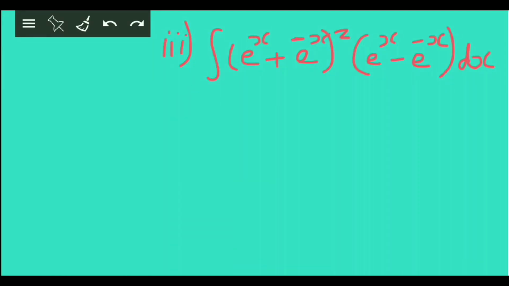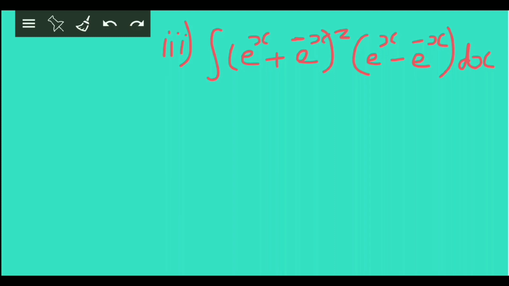In the third question, you have to find the value of the integral of e raised to x plus e raised to minus x the whole square into e raised to x minus e raised to minus x dx. The sum is not as complicated as it looks actually. And one more advice would be, when you sit to see the video, please keep your textbook open and your notebook as well, so that you can note down the sums as we are doing over here. Or you can first see the sum and then do it without looking at the video. That would be a very good method of learning it properly.